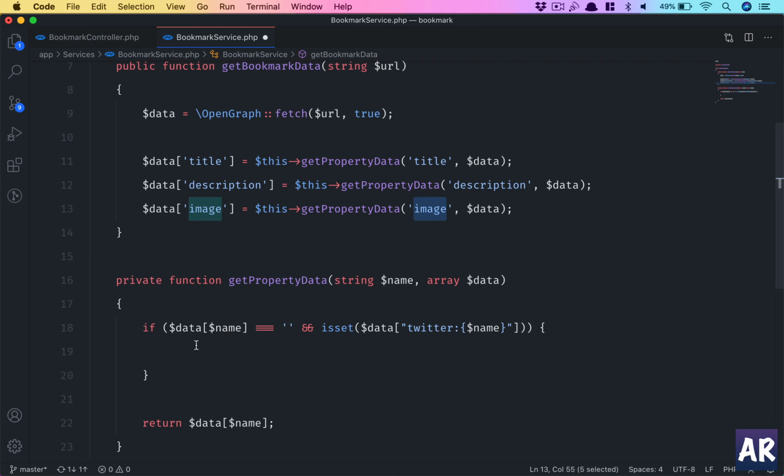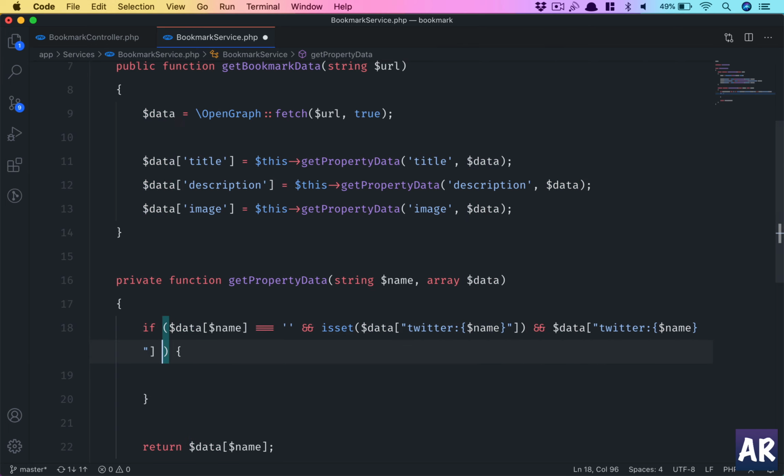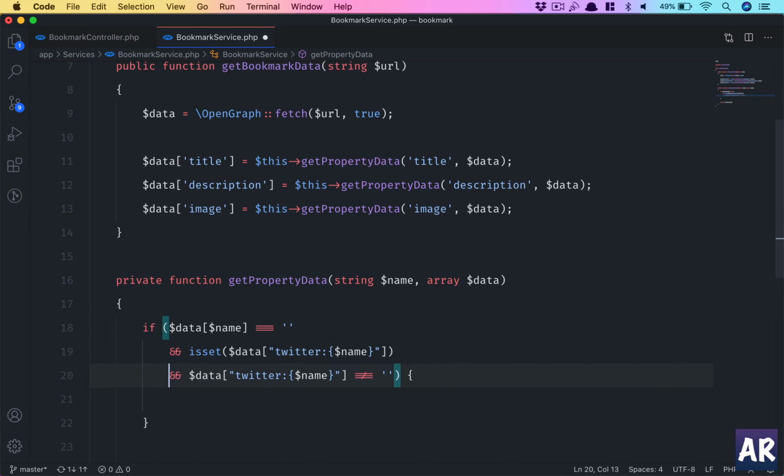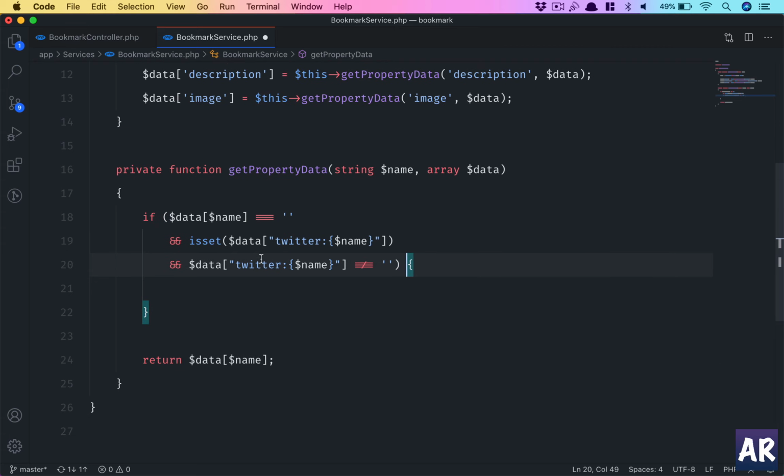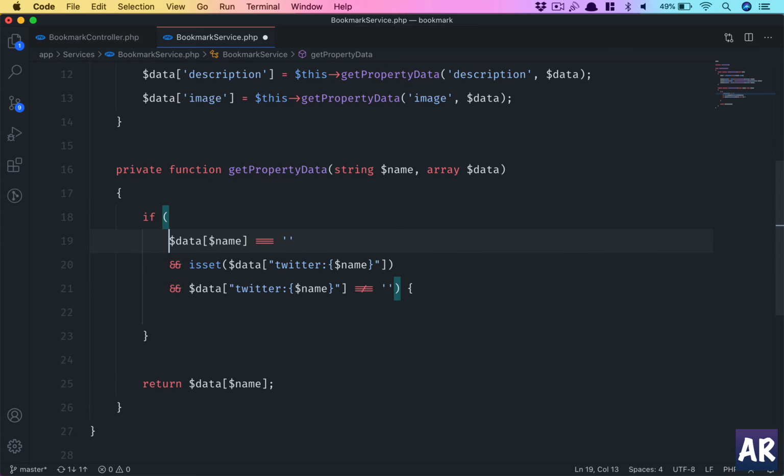So it will check whether Twitter and then : that property exists, and it's a 3-level condition, but we'll have to do it, and the Twitter thing is not equals empty. Okay, so we have 3 levels of condition. We can do something like this to make you better understand, but yeah. So the first level,